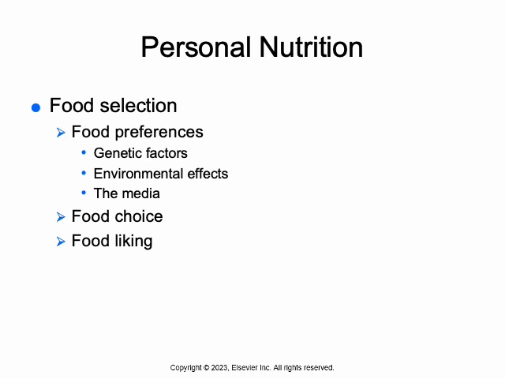Additionally, the last term here is food liking, and this considers which foods we really like to eat. Many times we may want to eat a food that enhances our health, but do we like to eat it or do we like to eat something else? We may want to eat a salad with diverse colors of fruits and veggies. Sometimes we put fruits in our salads. And do we like that all the time? We may prefer to eat something else. And so we constantly weigh all the factors of preference, choice, and what we like when we're selecting our food.